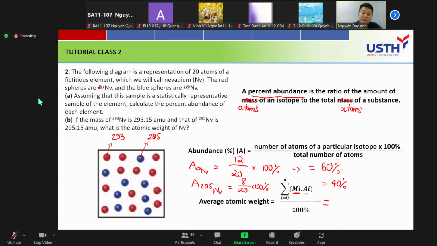So in this one, the average atomic weight of Nevadium will be 293.15 multiplied by 60 plus 50 multiplied by 40, divided by 100. And the result will be